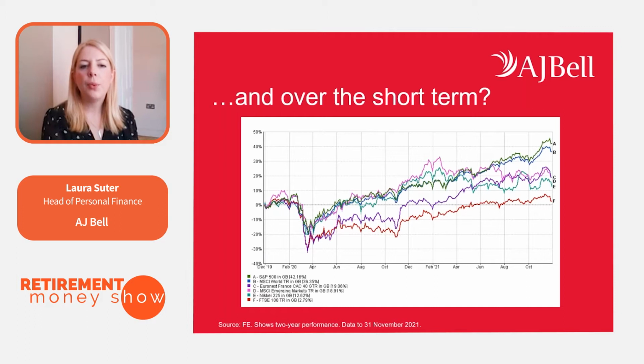And so what I hope these two charts show is the importance of spreading your assets around, of not having too much money in one area. So for example, you could have ended up with a lot of money in emerging markets if you'd invested over that past 20-year period, and it could become a big part of your portfolio, but actually over the past 2 years, it's not delivered as much as other markets. So it's just ensuring that you've got a spread across all of these different markets, so you're capturing those different returns at different times.